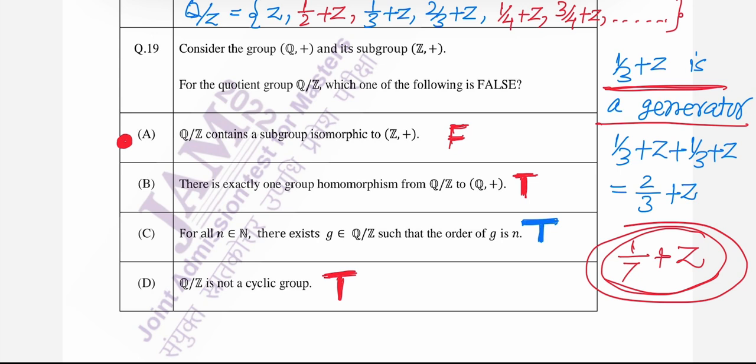Okay, we have gone through all the options. So I again repeat that if you are in the examination hall, you have to choose the false one. As soon as you get the false statement, the false option, you should mark it. You should not go for the remaining options. It is wise, because time is an important factor in the examination hall. But here we are for learning purposes, so we checked the remaining options as well. Okay, so this question